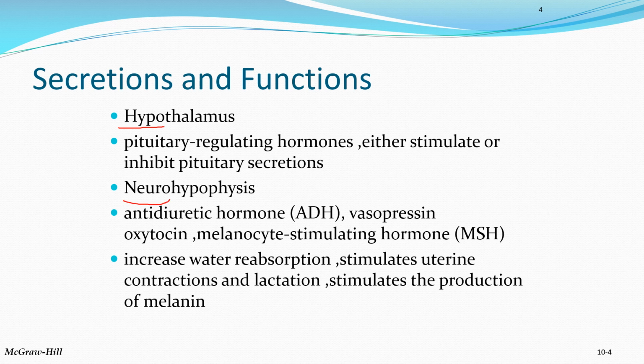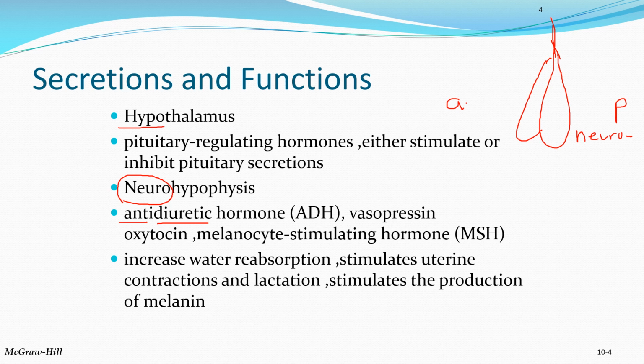Neuro. So your pituitary has 2 parts. Right? So it's going to hang down. There's an anterior part and a posterior part. The posterior part is more nervous tissue, so they call it the neurohypophysis. So if I say posterior pituitary, it's the same thing as the neurohypophysis. So 2 hormones,